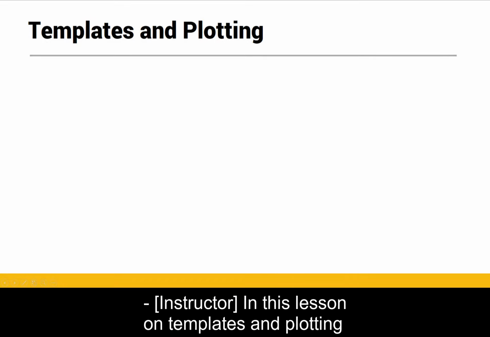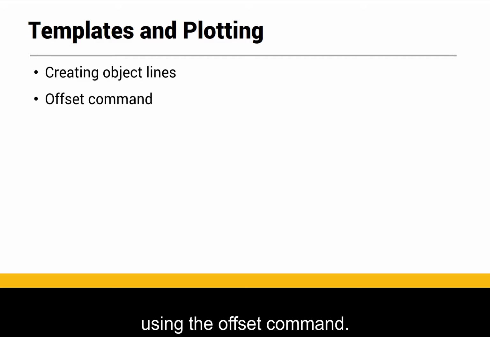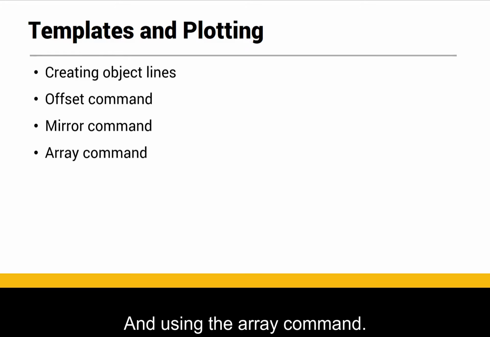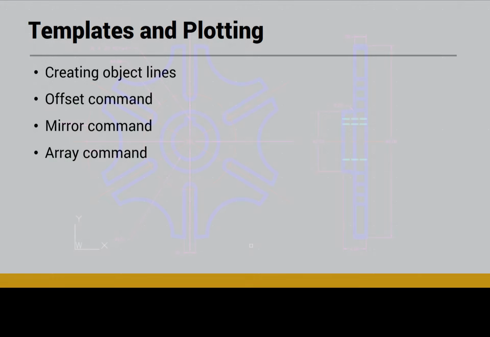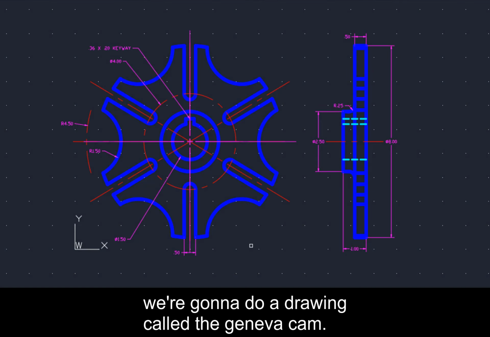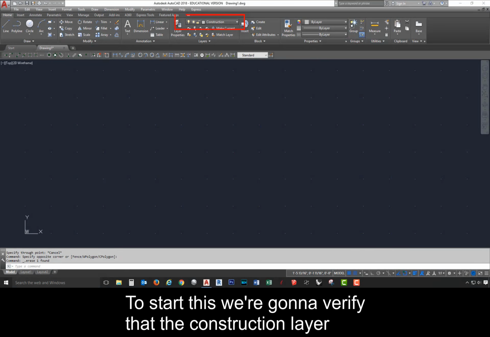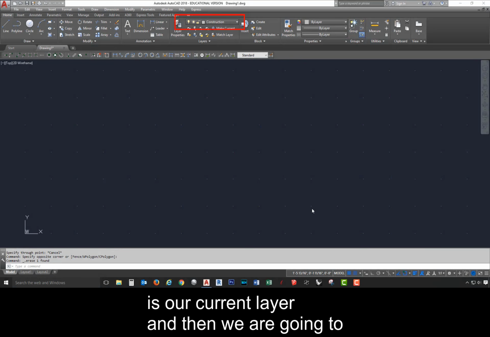In this lesson on templates and plotting, we're going to talk about creating object lines using the offset command, using the mirror command, and using the array command. To demonstrate how to use a template file and title block, we're going to do a drawing called the Geneva Cam. To start this, we're going to verify that the construction layer is our current layer, and then we are